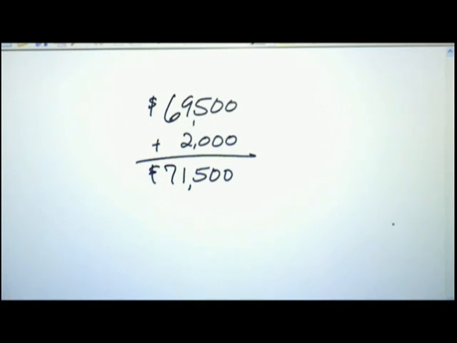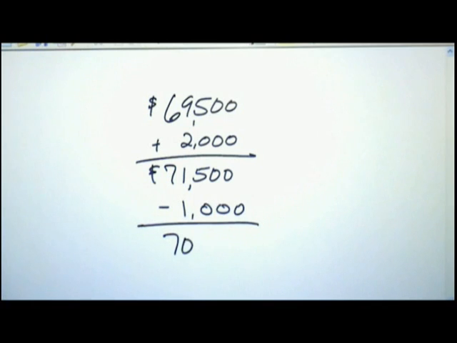I've also got to take into account the porch. The porch is something that the comparable has that the subject property does not have, which makes the comparable superior to the subject property. Again, we're always making modifications only to the comparable. We're trying to make the comparable as close on paper to the subject property as we can. So that $1,000 adjustment for the porch we're going to subtract out,